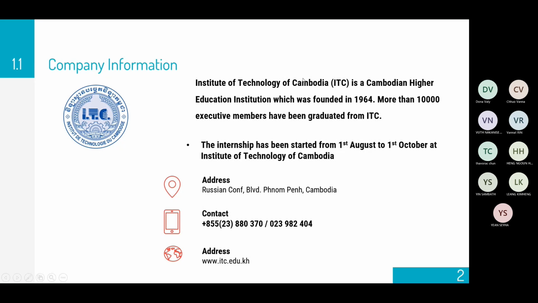Institute of Technology of Cambodia is a Cambodian higher education institution which was founded in 1964. More than 10,000 exclusive members have graduated from ITC, and the internship ran from 1st August to 1st of October at Institute of Technology of Cambodia, where I'm working as a web developer.